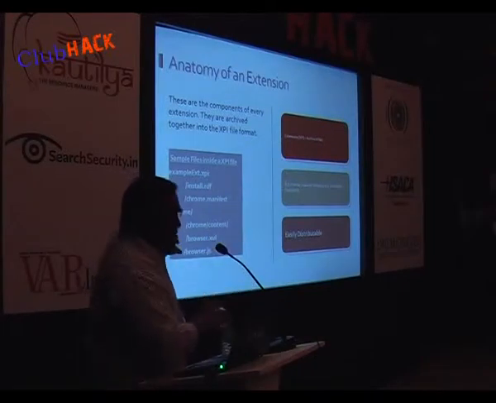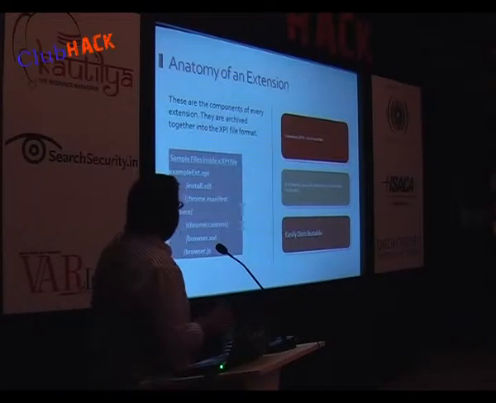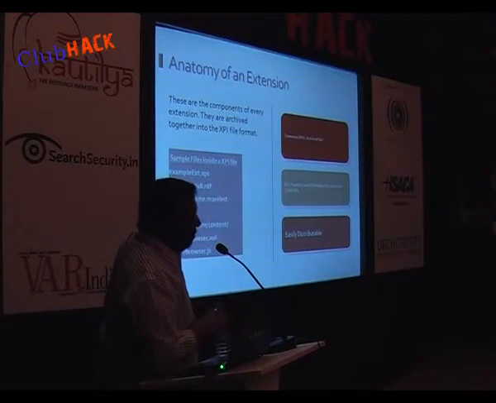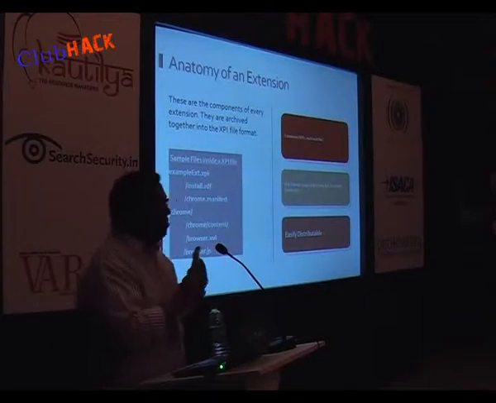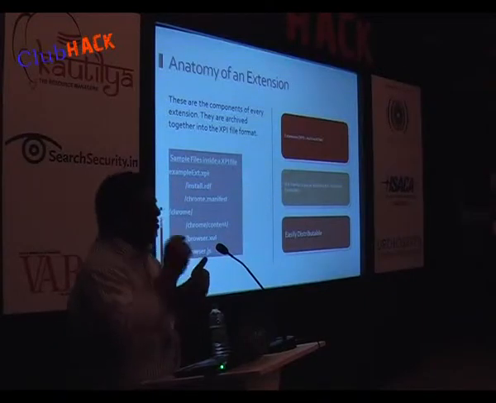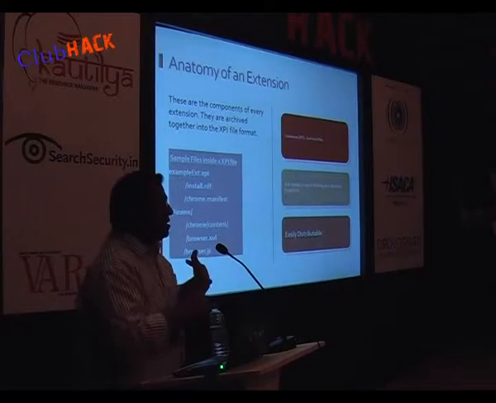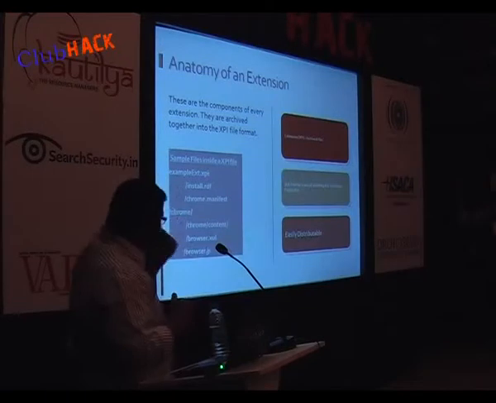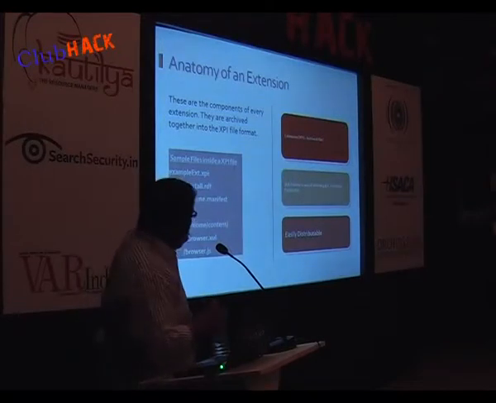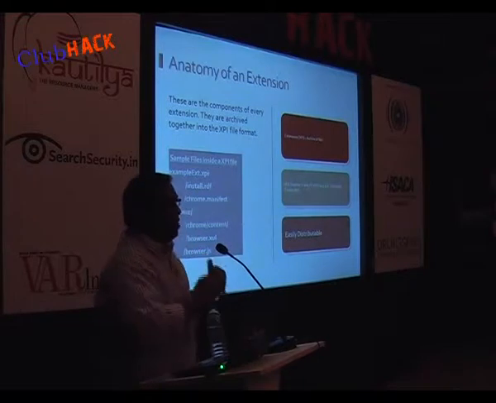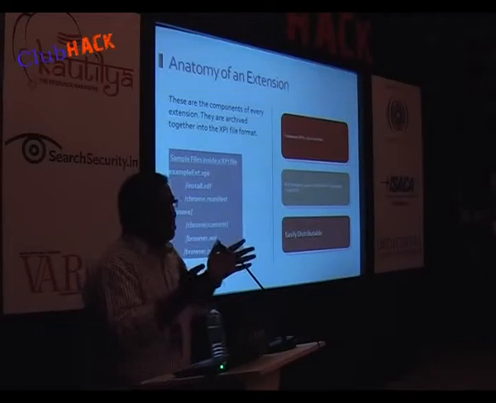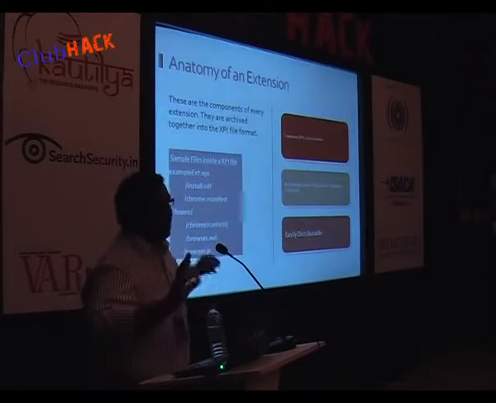There is a file structure that has to be followed. Once you open it, there are two important files that need to be there. One is the install.rdf and the other one is the chrome.manifest. Install.rdf tells what the important things are that Mozilla has to do to install this extension. Chrome.manifest tells, like I said, the overlay files. It tells where you need to put this. Then there should be a folder called chrome, which basically stores the content directory. You could have your XUL files here, your image files here, your JavaScript files here. Whatever you need for the code execution, you put it in there. That's as simple as that.